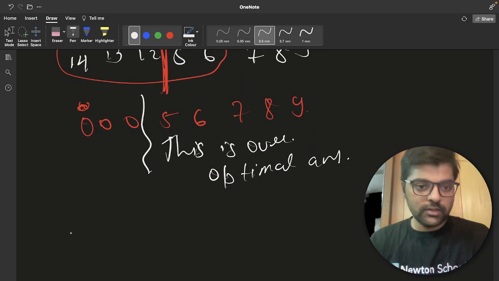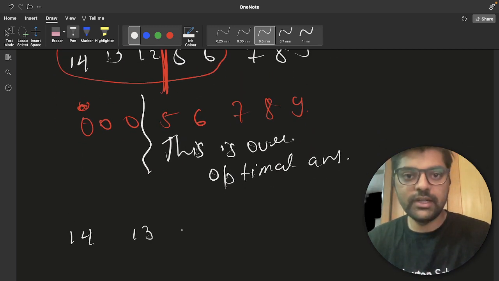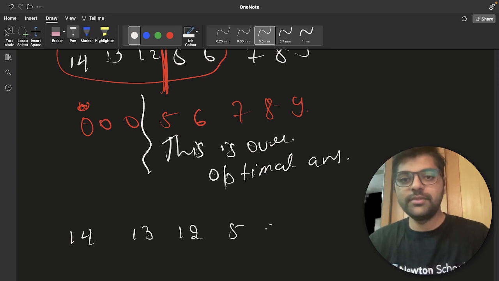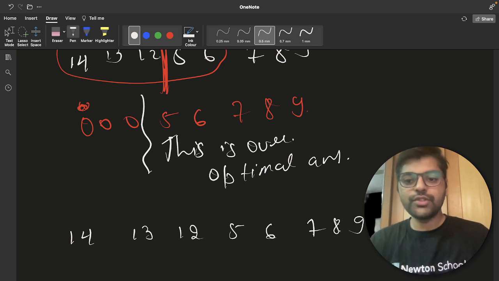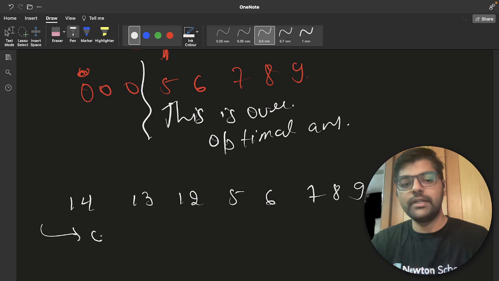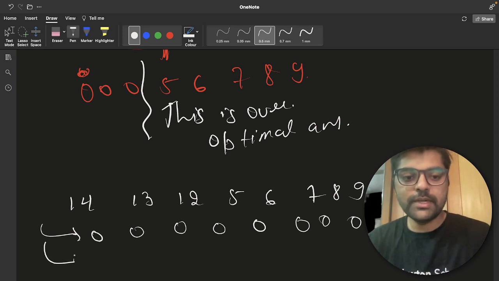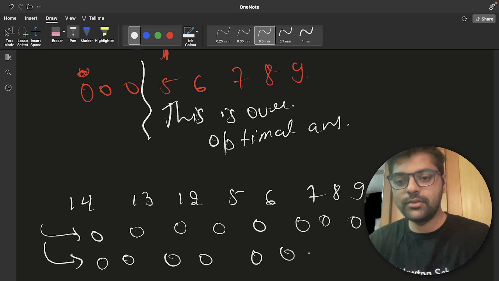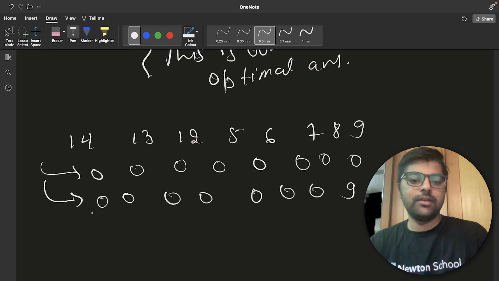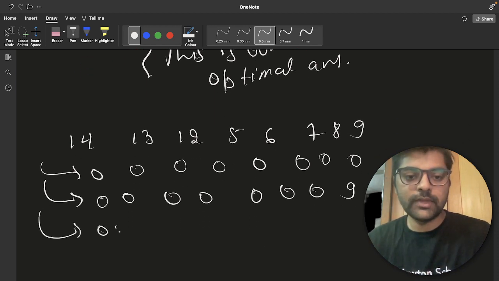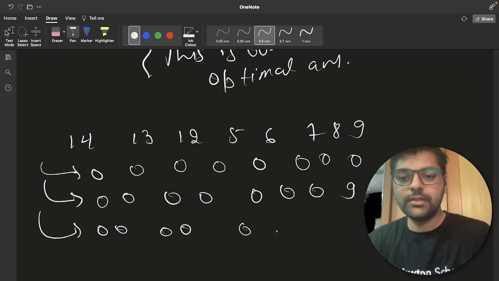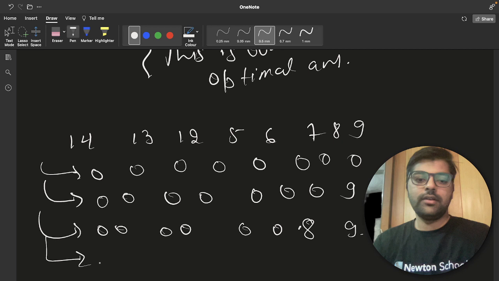So let's say 14, 13, our earlier example 12, 5, 6, 7, 8, 9. One of the solutions will be to make all 0, right? 0, 0, 0, 0, 0, 0, 0, 0. Another option will be 0, 0, 0, 0, 0, 0, 0 and 9, right? Another will be 0, 0, 0, 0, 0, 0, 0, sorry, here 8, here comes 9, right?